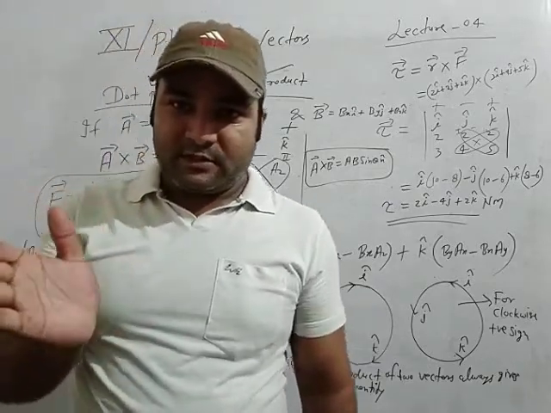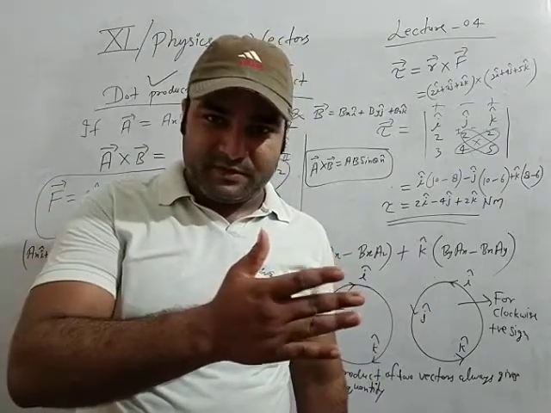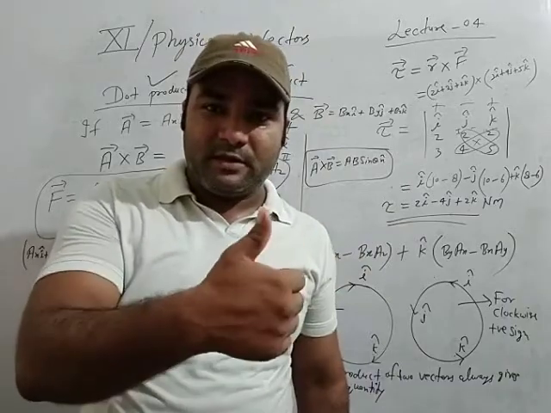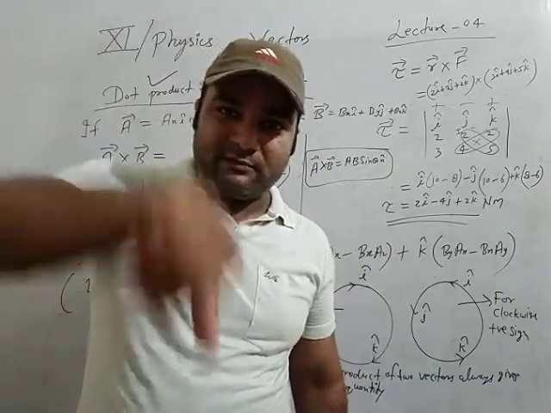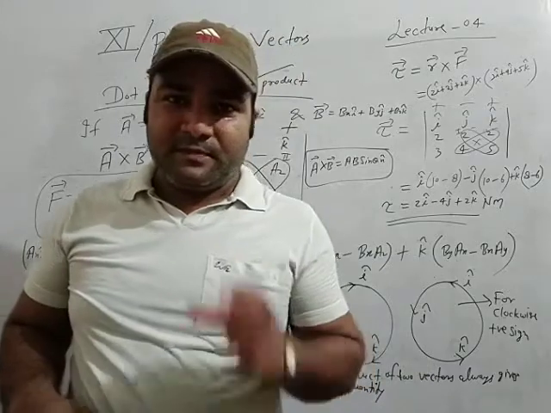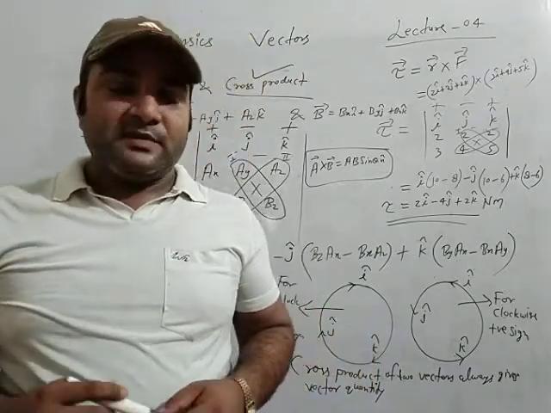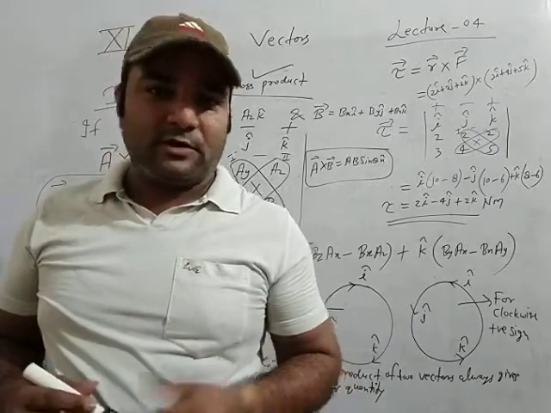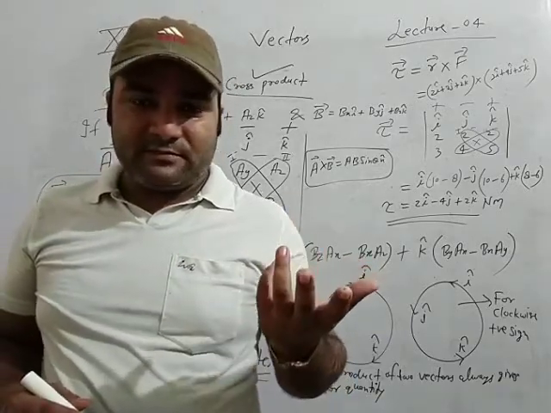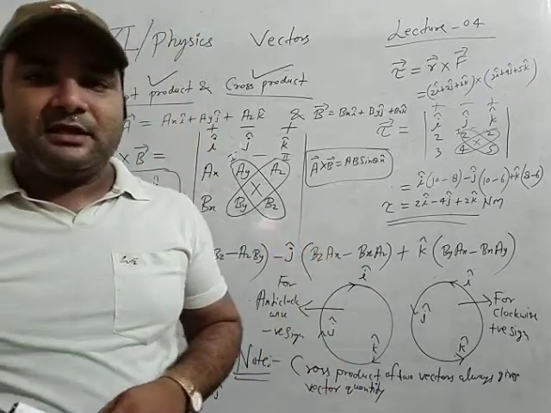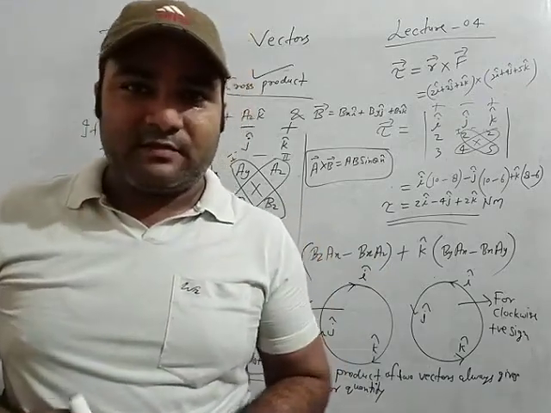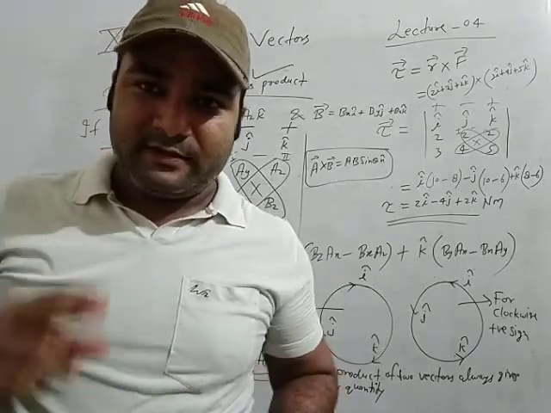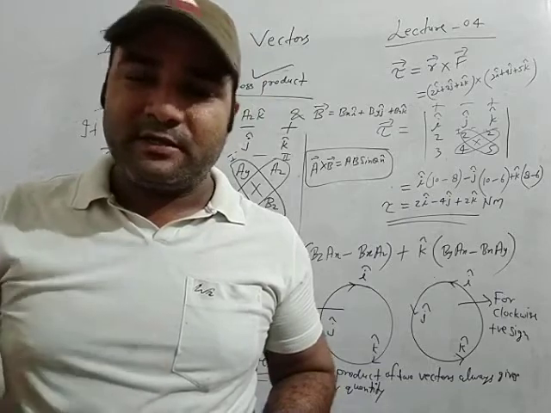When the cross product involves a movement of vector A towards B in anti-clockwise, then the direction will be upward, and if clockwise, then the direction will be downward. So in this way we can estimate the direction of a vector by obtaining the cross product of two vectors. In dot products there is no need of direction, but in cross product there is always a need of direction, because after obtaining the cross product of two vectors there is a vector. So a vector means always having magnitude and direction.